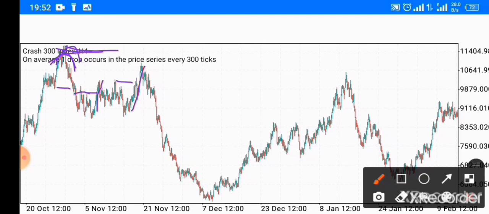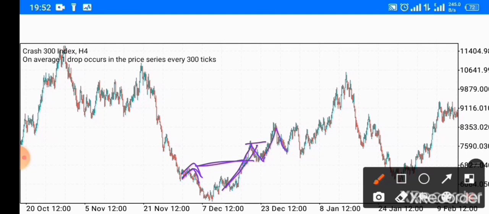Okay, so this broke structure again, and they give us quite many retracements for us to enter our sell positions. Okay, so its structure is to go to the bullish side when this peak here got broken here. So when this breaks here, it creates a higher high, and this also gets broken, higher high, then continues creating a series of higher highs. So that's what we are just gonna